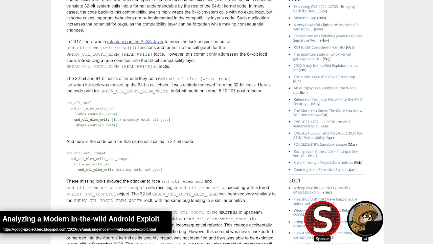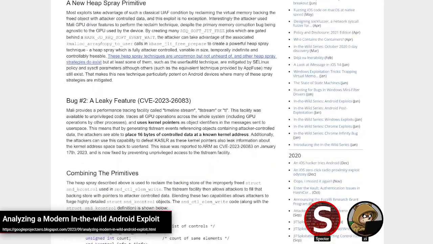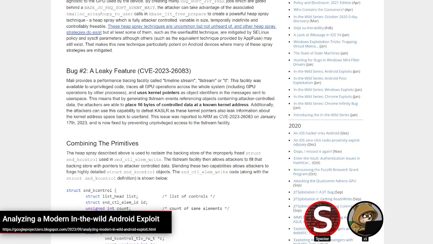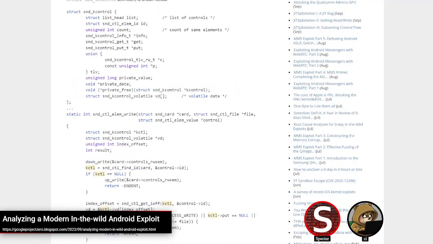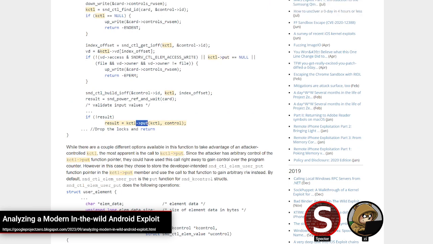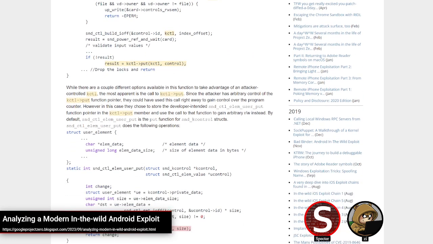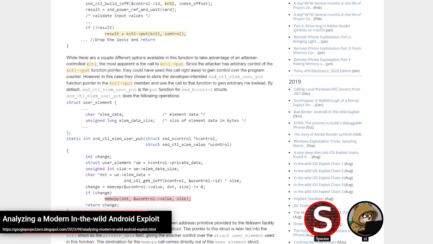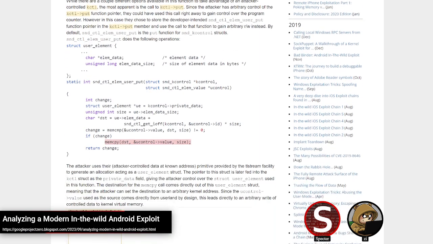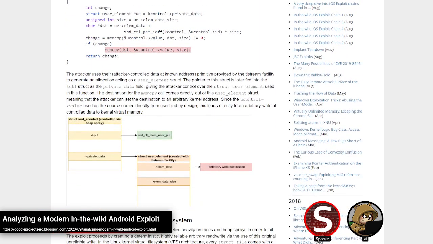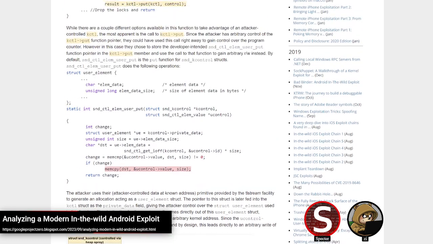Although that is not the way they went about abusing this. Ultimately, they left the put function pointer as it was, and realized that the handler for put would do a memcpy to a destination that they could control through the K-control's private data, which obviously they could corrupt with the use after free. They used that to get a temporary arbitrary write. I say temporary because it's not a very reliable write. It would require triggering the race every time.